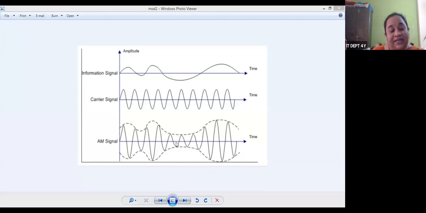Whenever the receiver is demodulating at his side, he is going to separate this particular outline of the signal from the carrier. The carrier is going to be separated, and he remains only with this particular outline. Whenever he remains with this outline, he is going to get the information signal outline or structure of the information signal. Obviously, he is going to get the original signal. Because of this superimposition